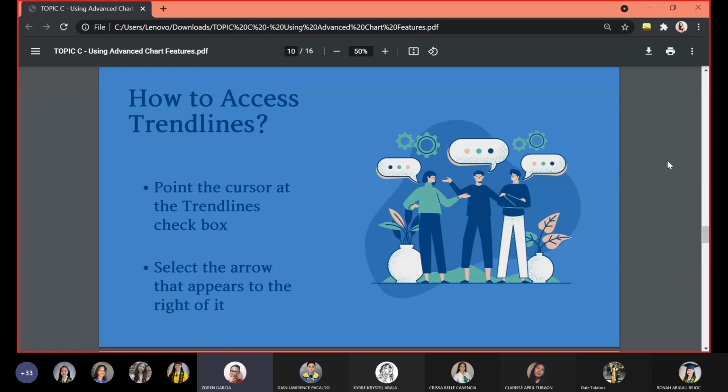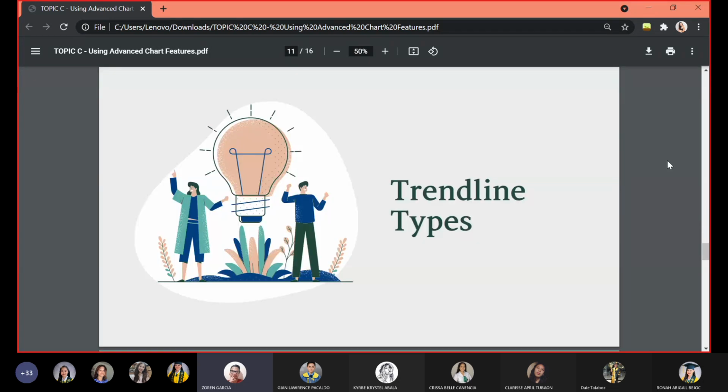So we point the cursor at the trend lines checkbox and then select the arrow that appears to the right of it. So this is just to familiarize you with the process, because later on you will see how it is accessed. So lastly,